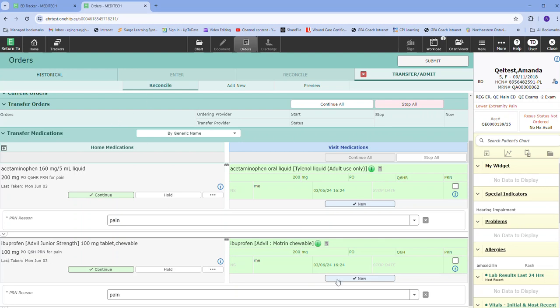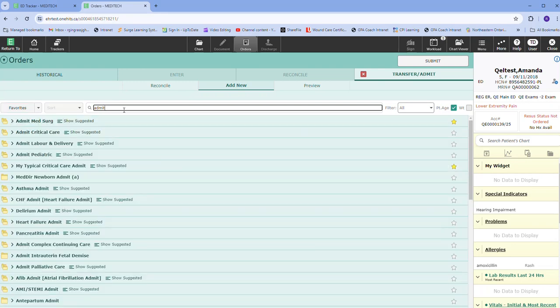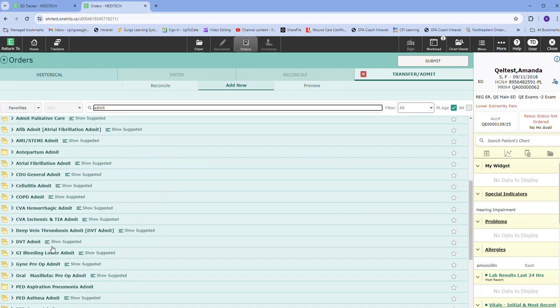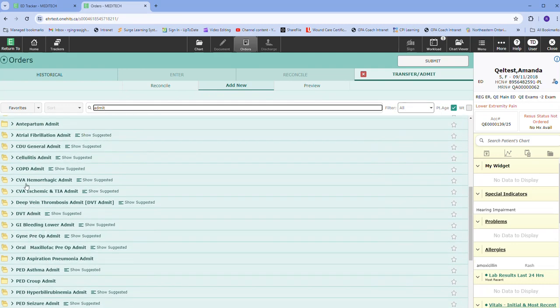So now that we've carried over the medications that the patient's already on, we're going to want to add our admission orders to this patient. So we're going to click on this add new button, and this is where we're going to add an admission order. So I suggest putting the word admit into the search engine, and that will automatically bring up a whole plethora of order sets relating to various